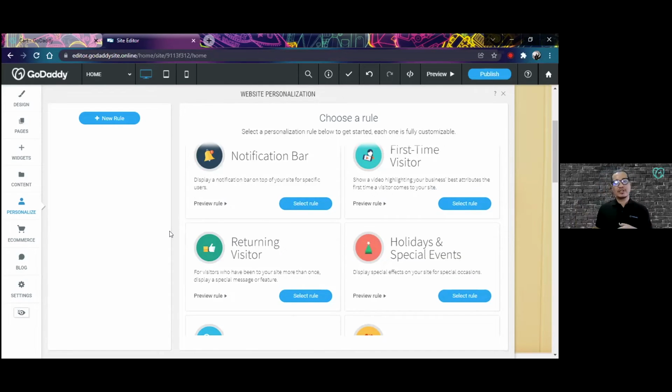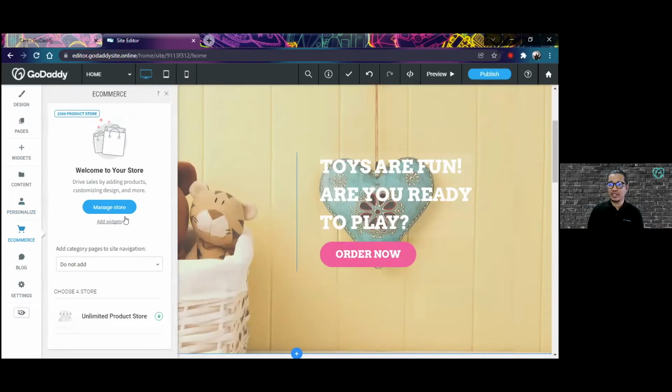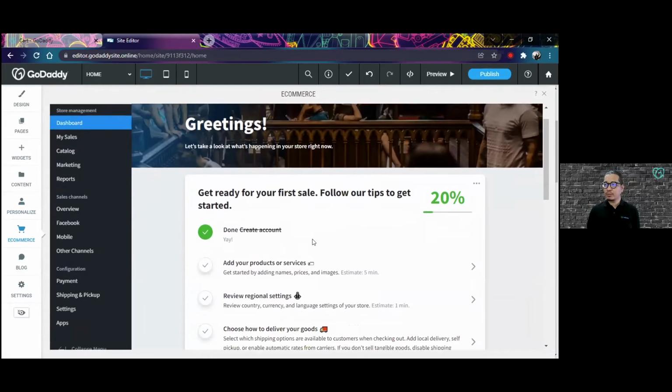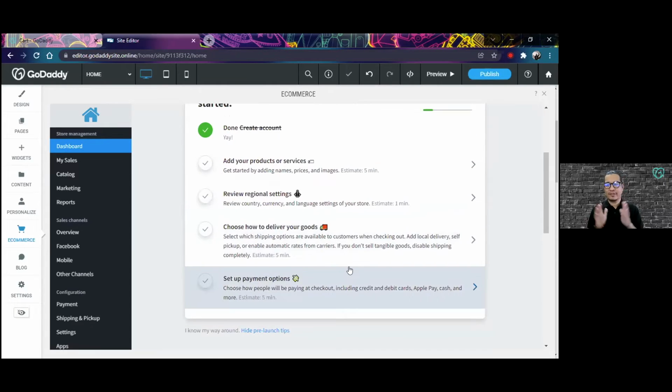Now, like what I said, eStore is optimized for selling products. So I'm gonna go to the main section of the eStore that allows you to do that, and that's the e-commerce section. In the e-commerce section, you can manage your store, and it starts at a dashboard. In the dashboard, you can see there are several actions here that are needed in order to come up with an online store. Each action would have a circle, and once you complete that action, it will turn green. So it tells you very quickly, like if you're building a store for the very first time, you don't have to worry about